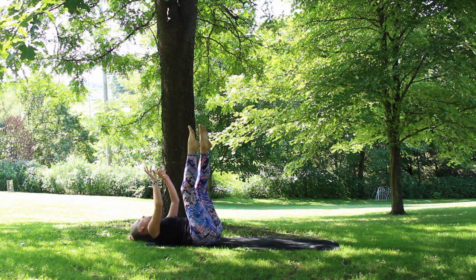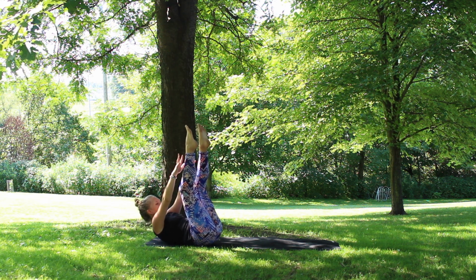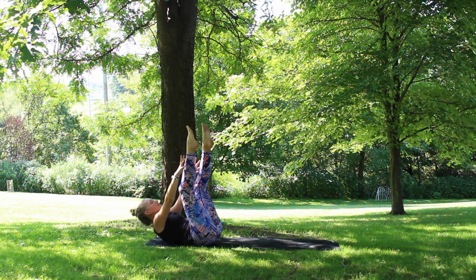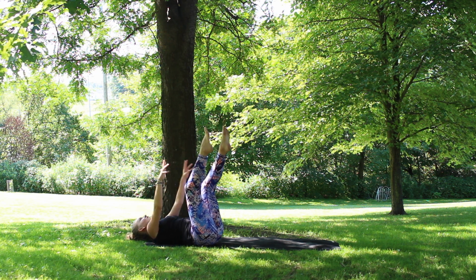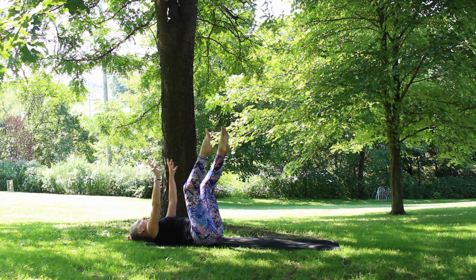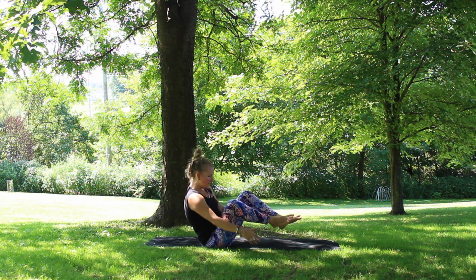Coming to center, reaching your arms up towards your feet, shoulders lift off the mat, lower, lift, lower, lift, lower, lift, almost there, lower, lift, lower, lift, lower, twice more, lift, lower, lift, lower, lifting back into your boat,